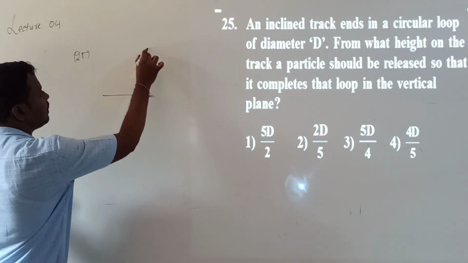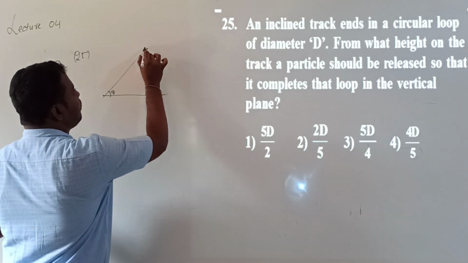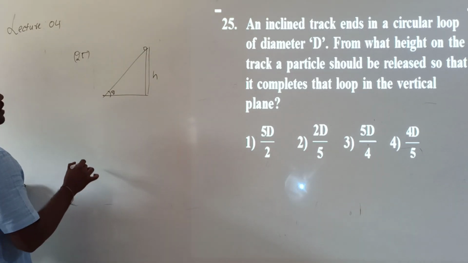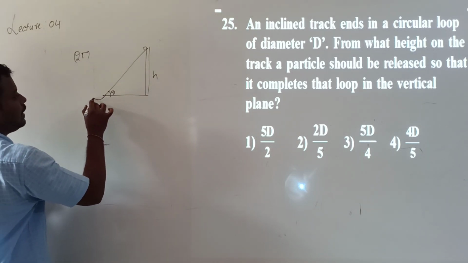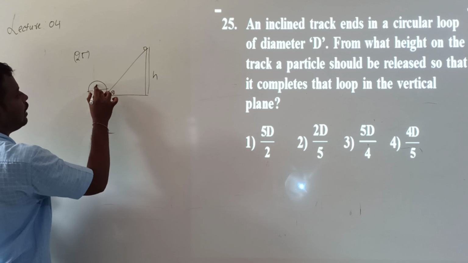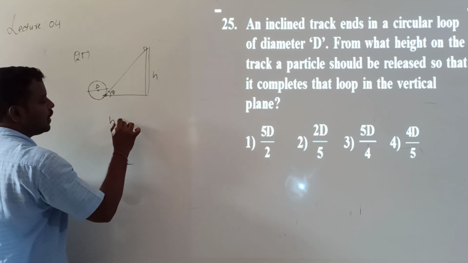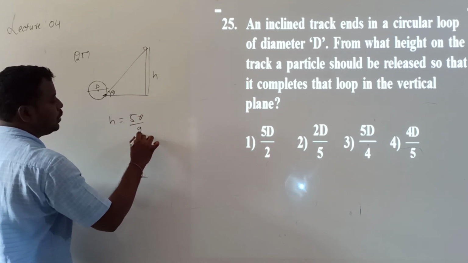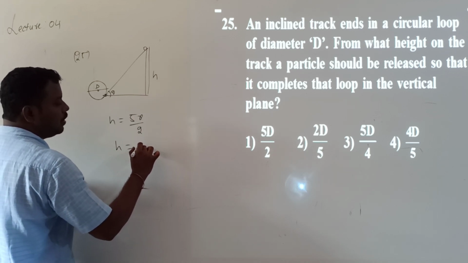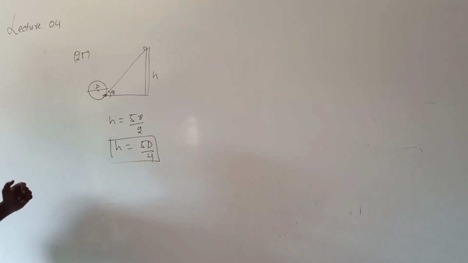An inclined plane is there, with angle of inclination theta. So we consider one particle. It starts sliding down from the top of the inclined plane of height h. When it reaches the bottom, what happens? It describes one vertical circle. That circle's diameter is given as d. Yesterday we already wrote the formula. Can you remember that? So what is the formula for h? H is equal to 5 into r divided by 2, where r is the radius. So r is equal to d by 2. Then 5 into d by 4. Answer over. Okay, still those who did not get it.